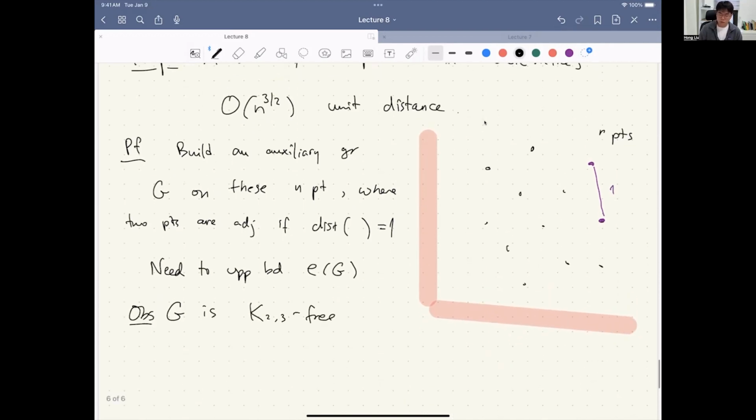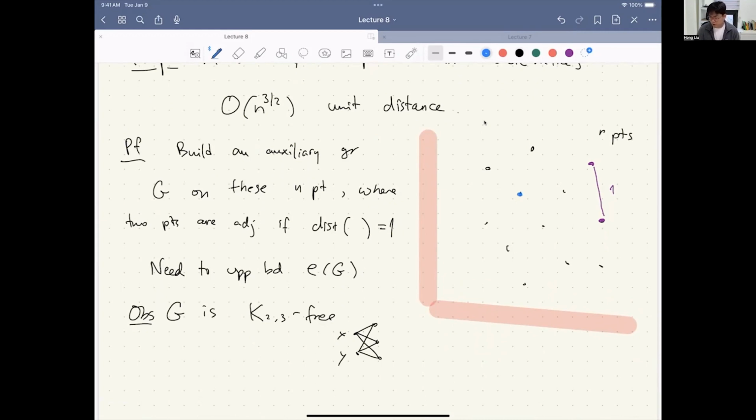Why? What's K2,3? You don't have two vertices x, y sharing 3 neighbors. So if you have a point x,